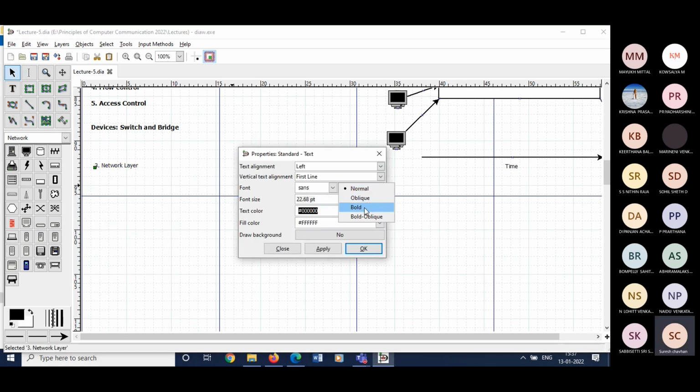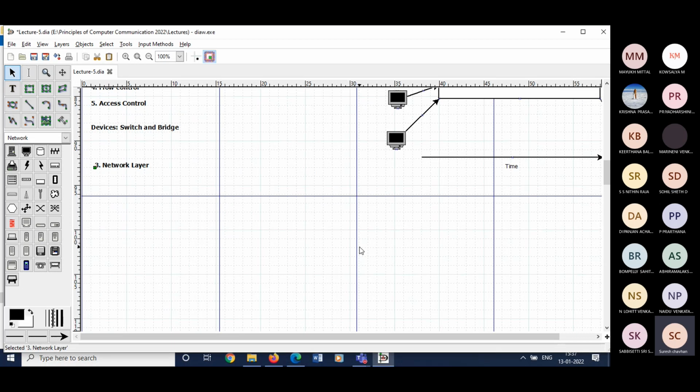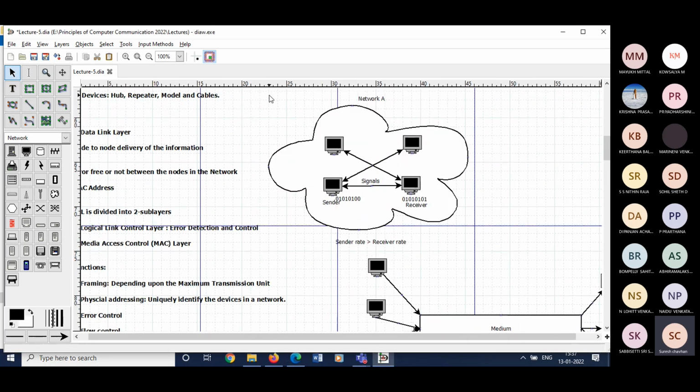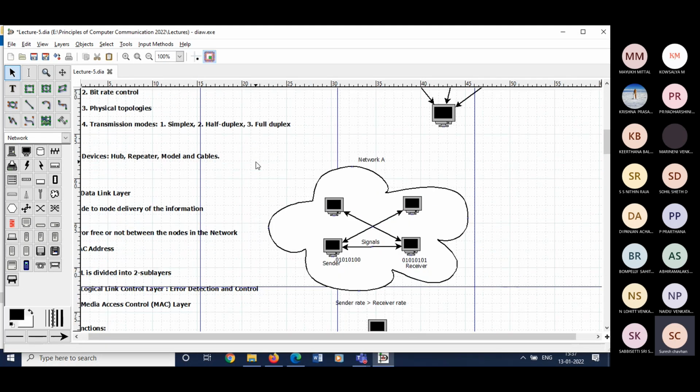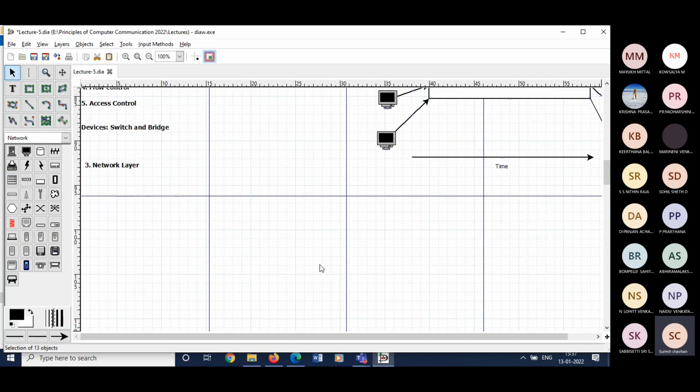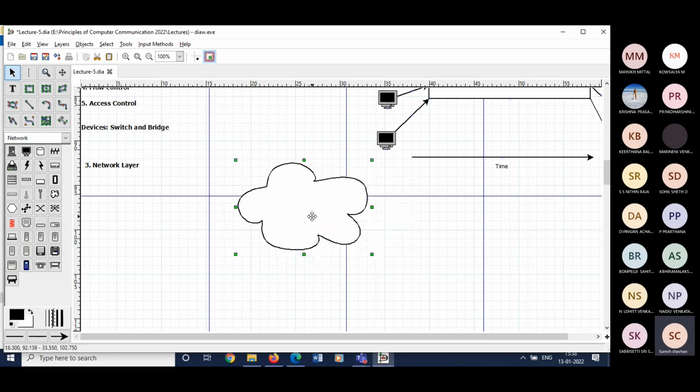Just highlighted. Fine. So so far we have seen only this kind of network. Correct. Within the network, we can easily send the data, so no issue. So what about if two networks are there, so how to send the data from network A to network B,